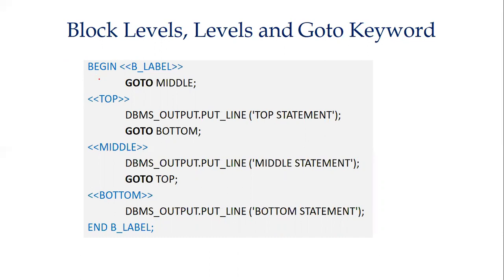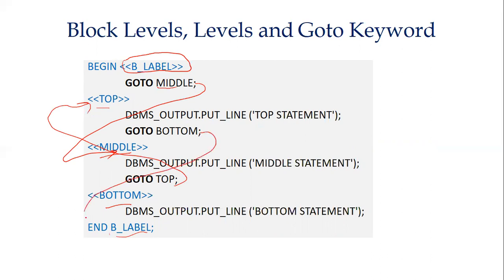But here you can utilize these statements like begin. Here you can specify the label, whatever label name you want, according to the identifier. So this is another label: top, middle, bottom, and end B label. Whatever labels we have specified, this will be starting here. Now if you have written GOTO middle, this line will directly reach this point. Here we have written GOTO top, so after execution of this line we will directly reach this line, and whatever is written here will be executed. Now we will directly reach GOTO bottom, so we are directly reaching here.